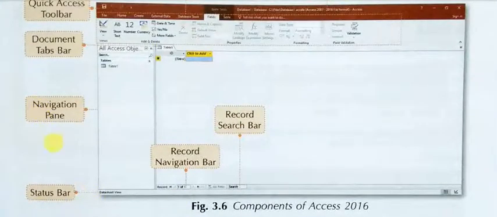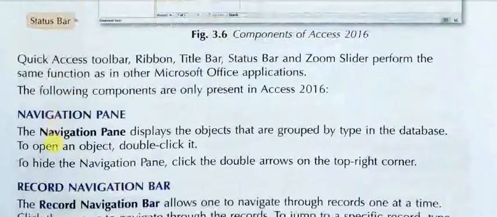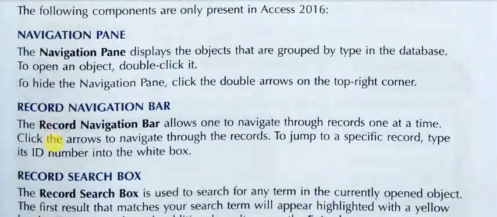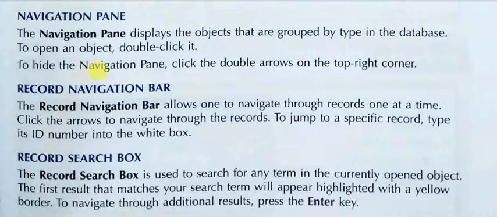Okay, the next, record navigation bar. So the record navigation bar allows you to navigate through records one at a time. So you can click on it and you can one by one see different records. So click the arrow to navigate the records. To jump to a specific record, type the ID number into the white box. So by typing the ID number, means 1 2 3 4, you can get to a